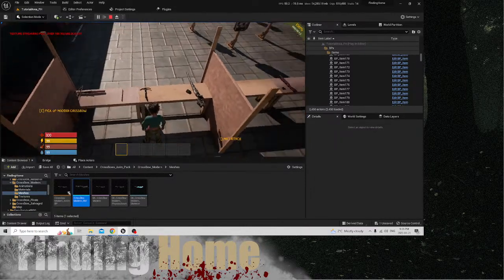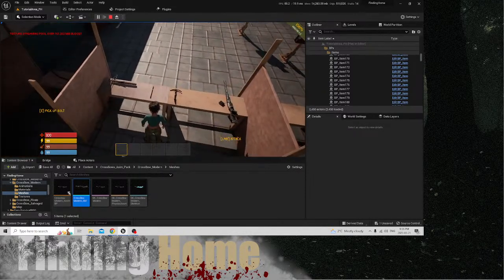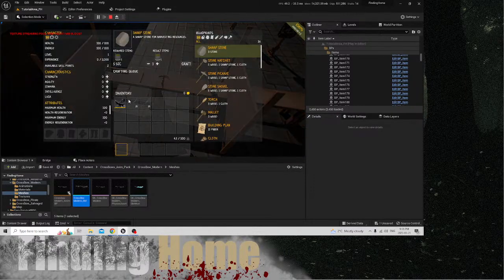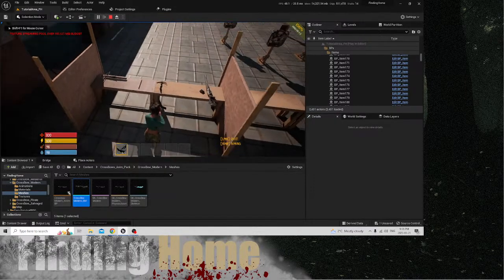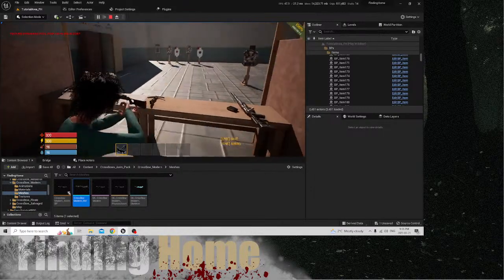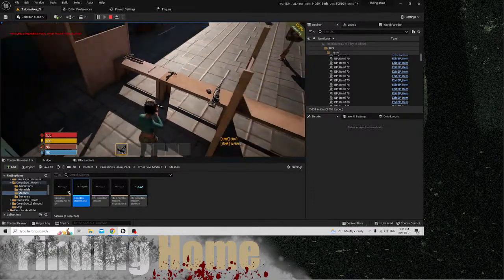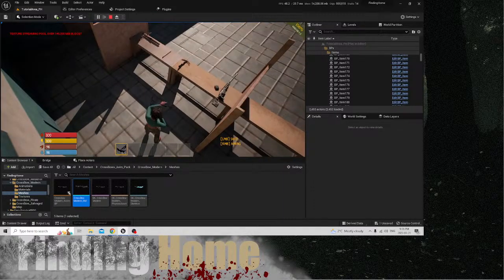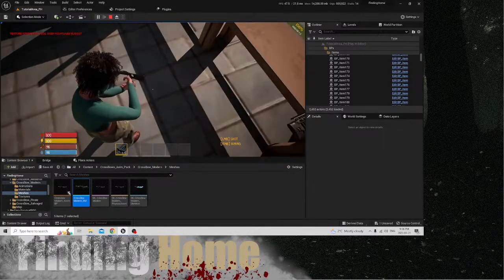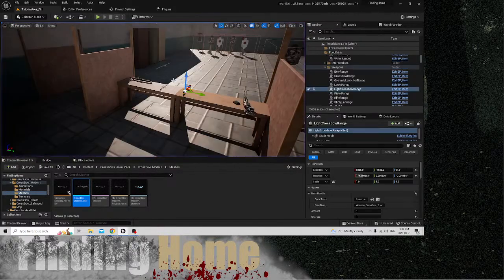Yep, see? Now we got the modern crossbow pickup whenever we hit the button. Get a couple bolts in here. Didn't expect it to be